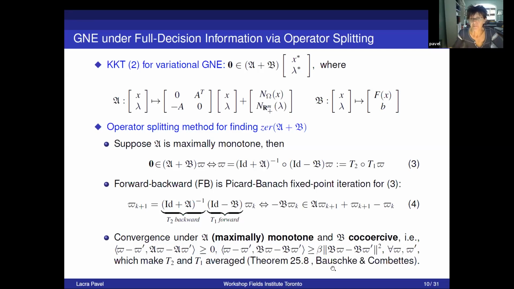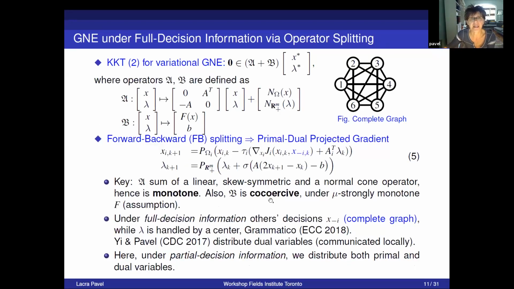Standard operator theoretic results, for example in Gauss-Seidel and Combettes, will show that under the condition that A is maximally monotone and B is co-coercive, this makes the two operators averaged, and it can be shown that this iteration converges with appropriate step sizes. So this is a relatively elegant, compact way of showing convergence,